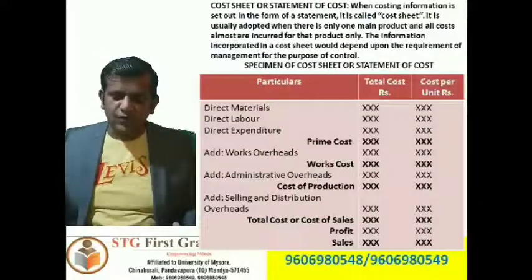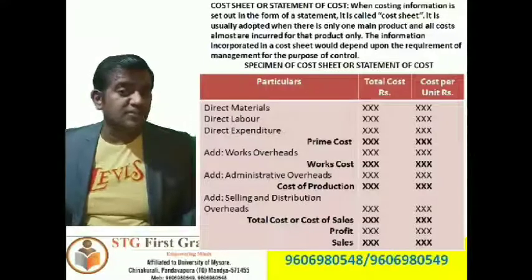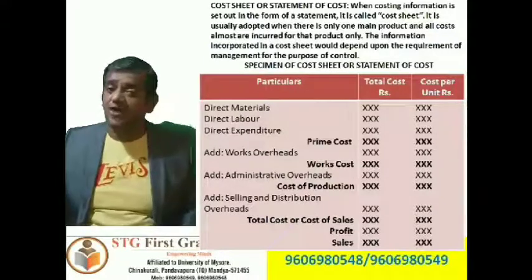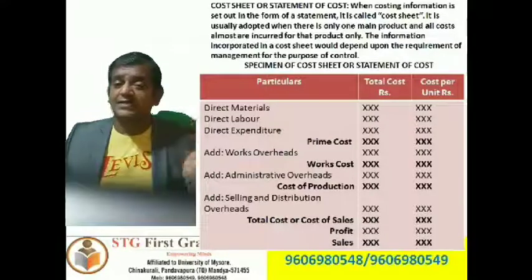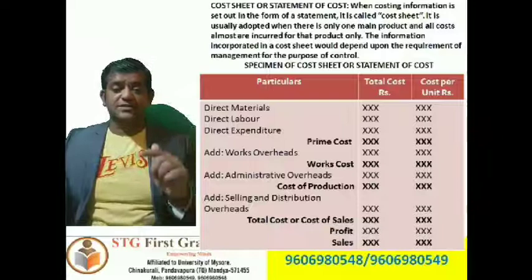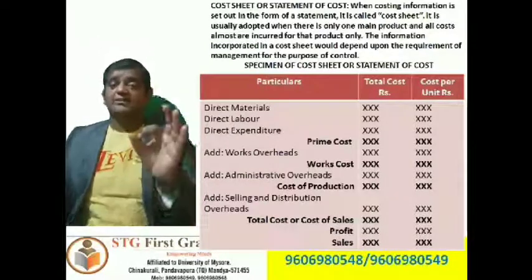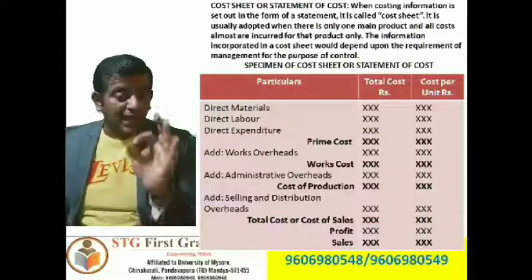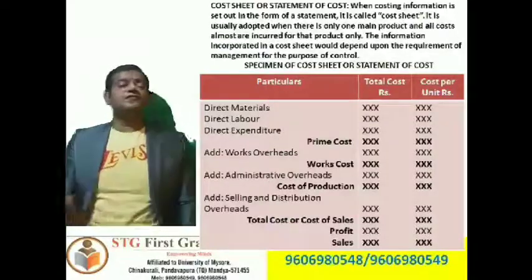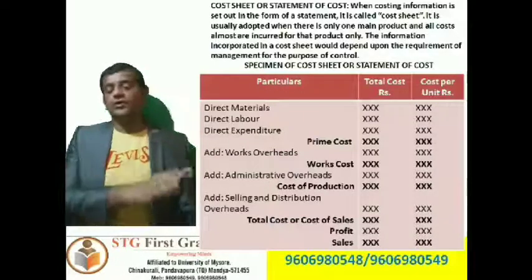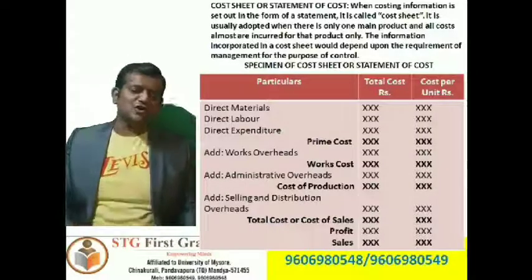Next, moving further to identify cost of production. What was the formula? Cost of production, COP equals WC, that is work cost, plus office and administrative overheads. Whatever expenditure is incurred for office and administrative purposes should be added. Clear? So add office and administrative overheads and you get the cost of production. Now we know the cost of production.